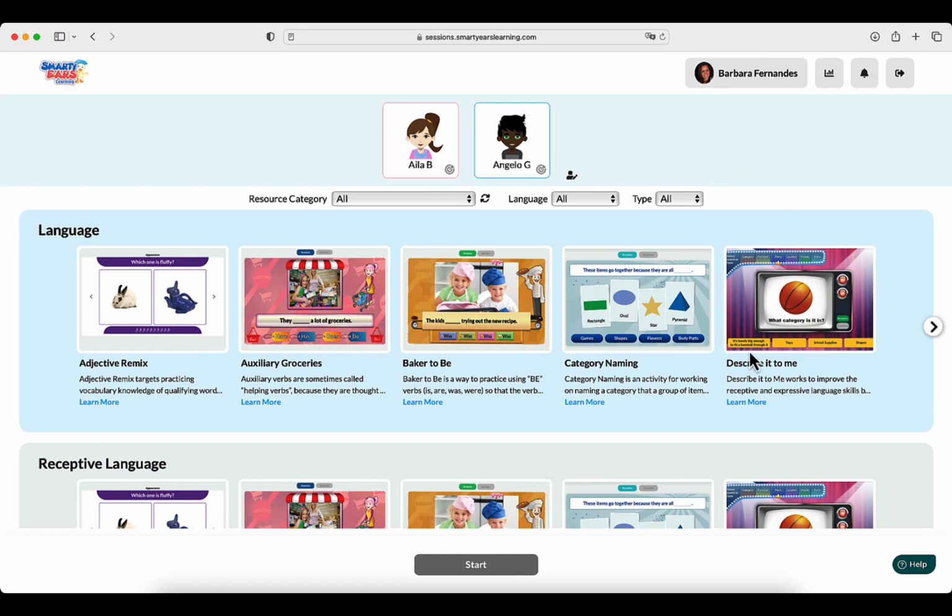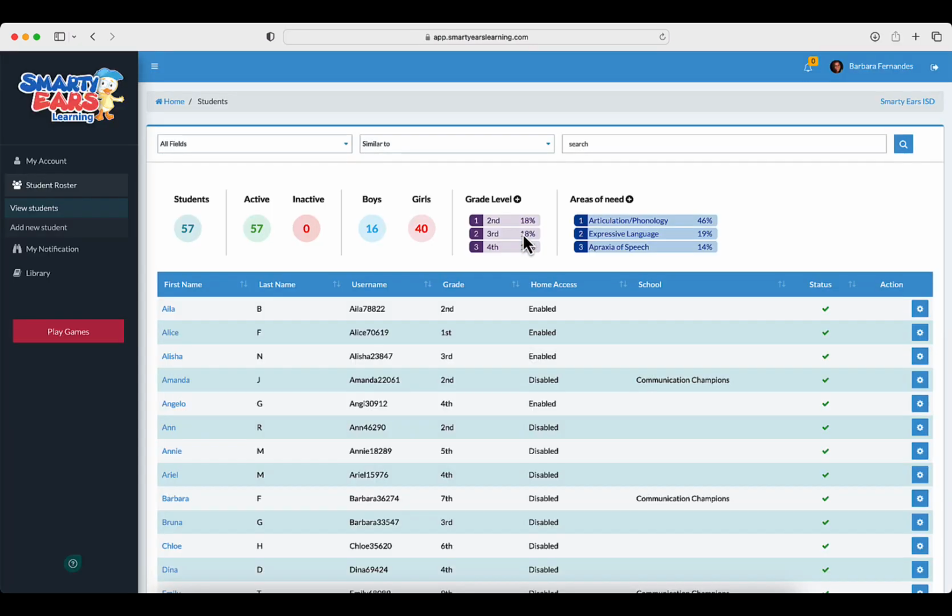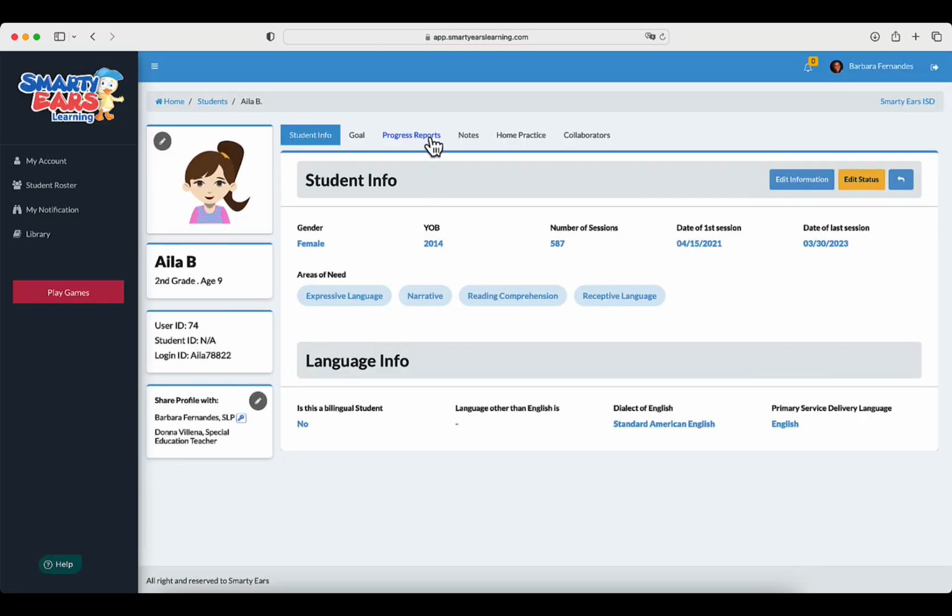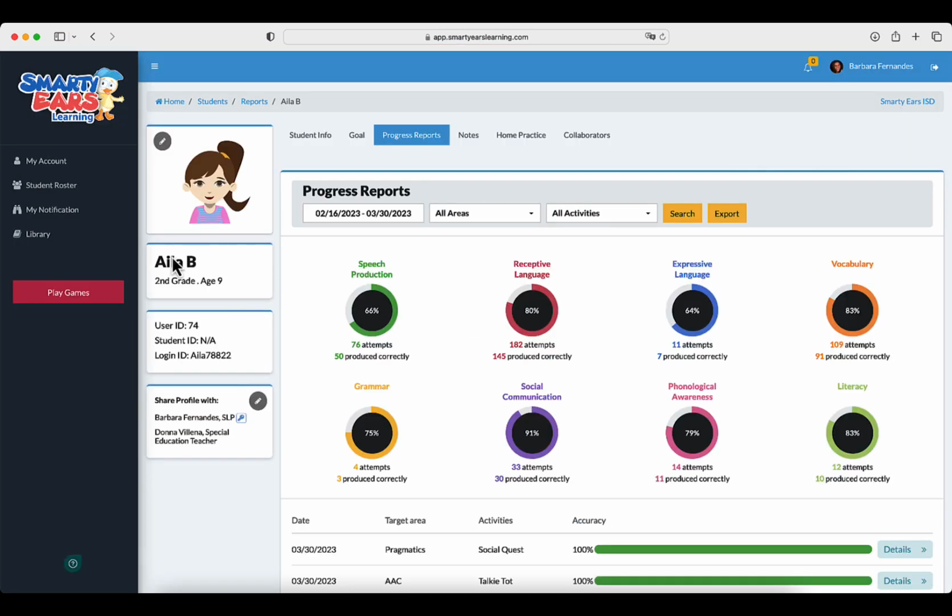Now, I have shown you 3 different games in 3 different areas. Did you notice how unique and different they are? What Smarty Online is doing on the back end for you is tracking all this data automatically. If I click on progress report for this student,